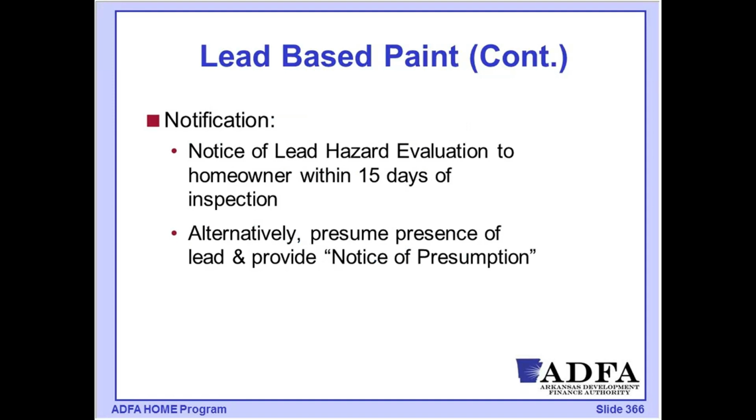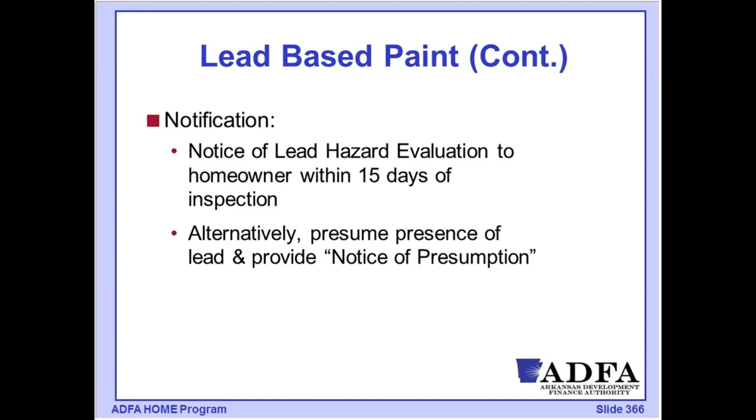As part of this, as I mentioned, we're going to provide a notification to that household within 15 days of that inspection. The regulations do allow for a presumption of lead and a separate notice that simply lays out that notice of presumption. It is no longer considered a best practice to use the notice of presumption. What the notice of presumption means is that instead of testing, I'm going to make the presumption that every painted surface is going to include lead, and I'd have to treat all of those surfaces, whether they actually included lead paint or not.